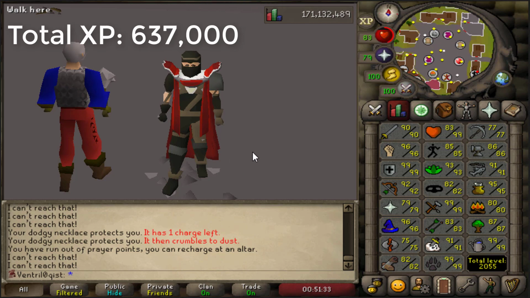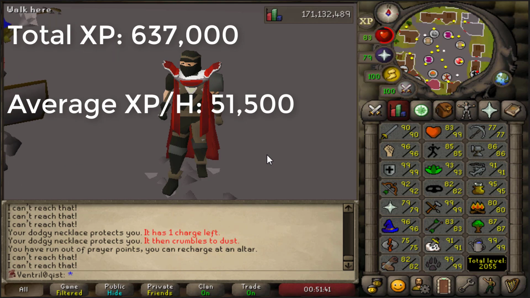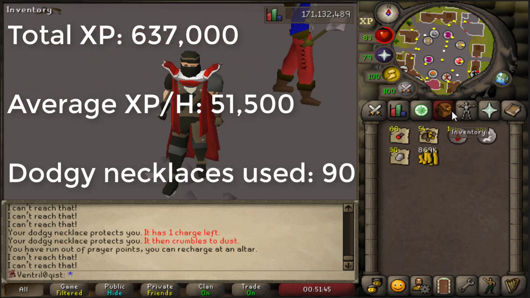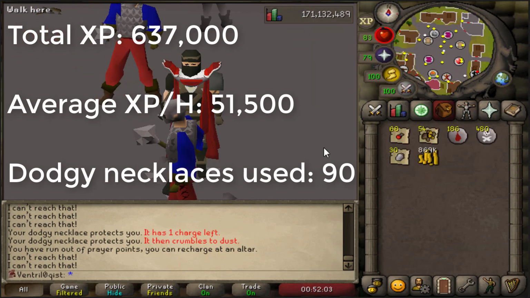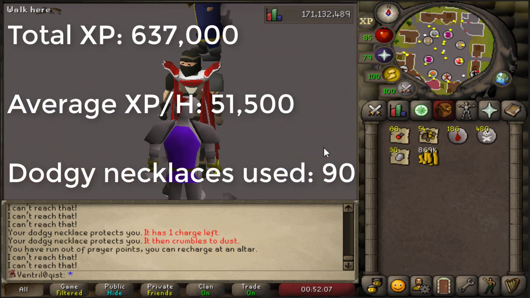And on average, I would say, just looking at the kind of times I wrote down the XP, I was earning 51.5k XP per hour on average throughout the 10 hours. As well as this, I used 90 dodgy necklaces throughout the course of this as well to kind of prevent the pickpocket failure. And now, as for my final judgment on thieving or pickpocketing from these heroes,